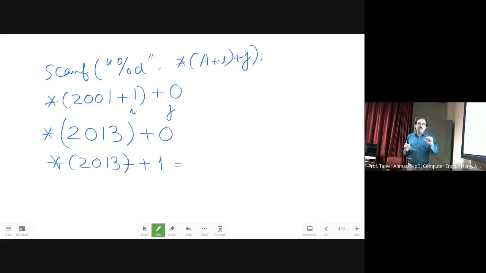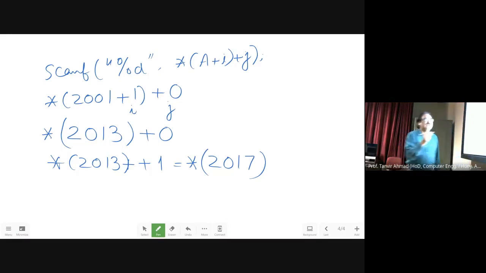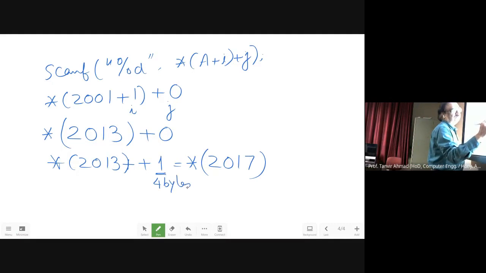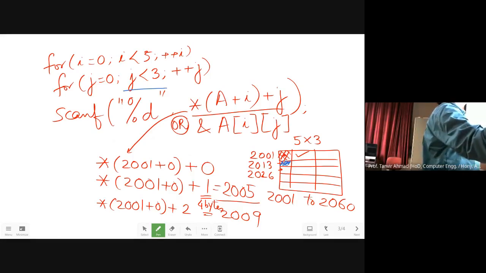Now this one is only 4 bytes, therefore it will give you 2017, and you will dereference at 2017 because this one is 4 bytes, whereas this one is 12 bytes, because it is allocating a full row. Whatever you put over here, it is going to put over here, the second it is going to put over here.